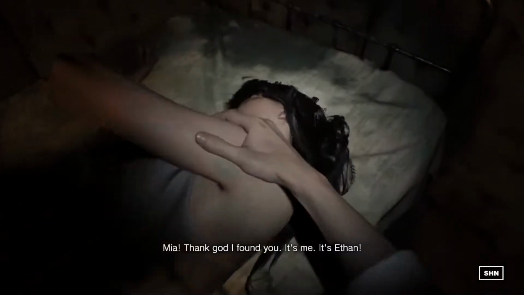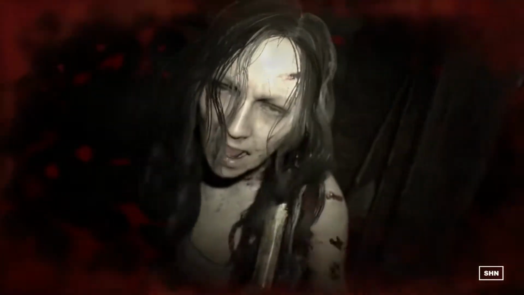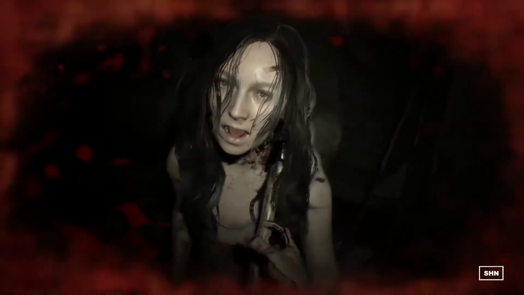Mia turns out to be imprisoned and seemingly afraid to have whoever else is at the house notice her leaving with Ethan. And then bam, you fight, she dies, but not really. And then...